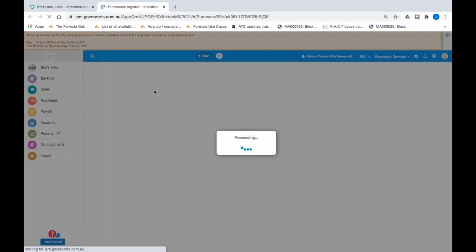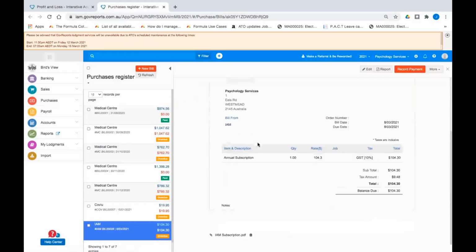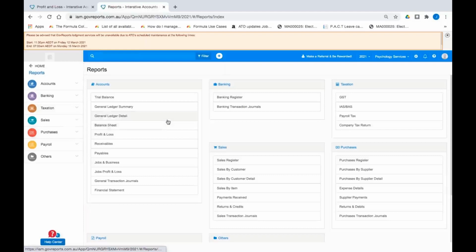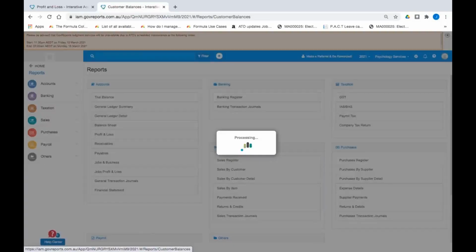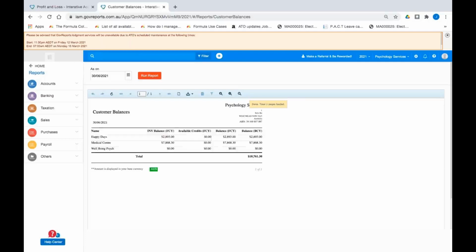Yeah, so we'll quickly just have a look at some of these other useful reports. So there's the bill there for that IAM. So some of the other useful reports, particularly the debtors creditors. So we can have a look at the receivables report for this particular year, and so this again gives us a snapshot of where things are at, and if we need to make any